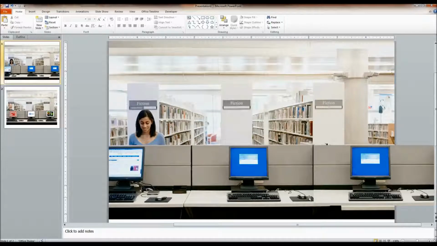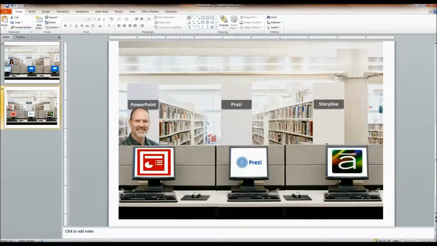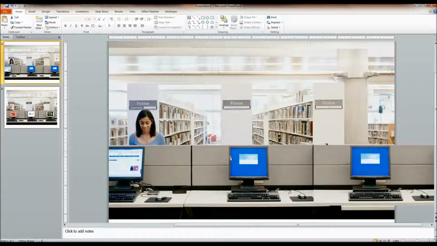So I use the snipping tool basically to do all the editing to this PowerPoint slide, and I went from this original to this just by using the snipping tool and a little bit of magic. I will show you one other thing, and that is the computer screens. I didn't want the blue background, so all I did was go up here to my drawing tools, and I drew a box